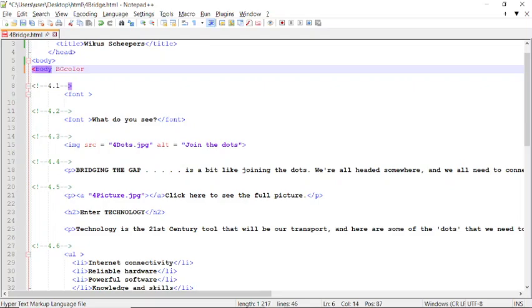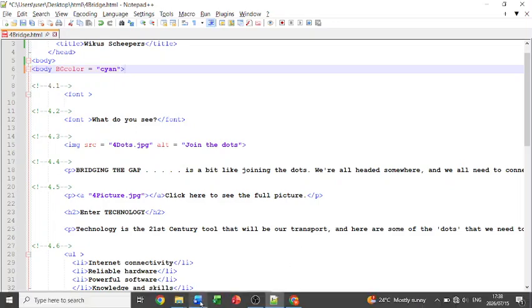You see that it turns red like that. I say equals because I want to know what should that color be. And I'm just going to put in quotation marks cyan. I'm going to close my quotation marks and then I'm just going to close my sign.